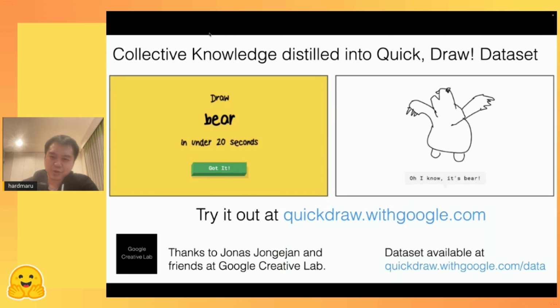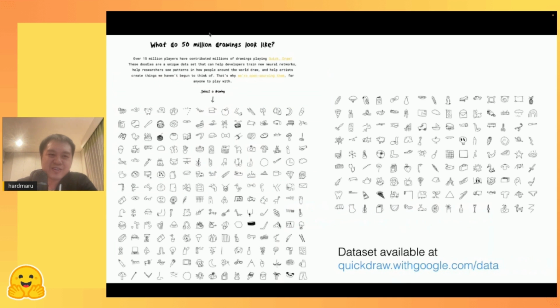For some reason, people were addicted to or really enjoy playing with neural networks. And this is a theme that's recurring right now as well. People like to have an interface to work with an artificial neural network, just to see what happens, and they like to get the feedback from it, so they can play a game again. It's kind of like what's happening now with diffusion models, but back then it was a lot simpler. And Google open sourced the data sets of tens of millions of these doodles, and it was pretty awesome. It was the first large collective data set of doodles all around the globe.